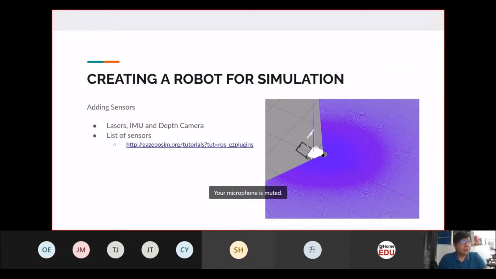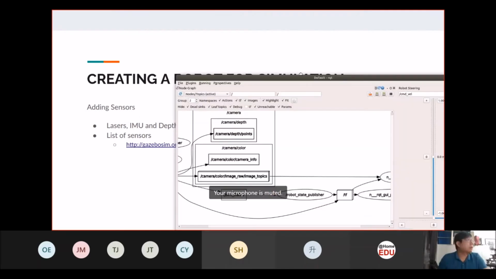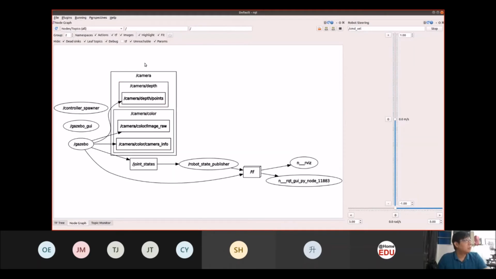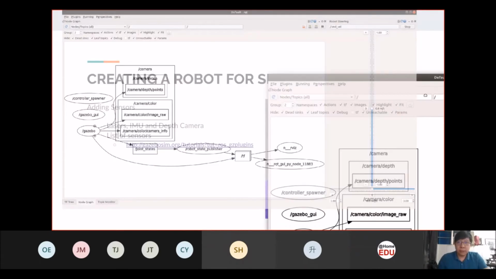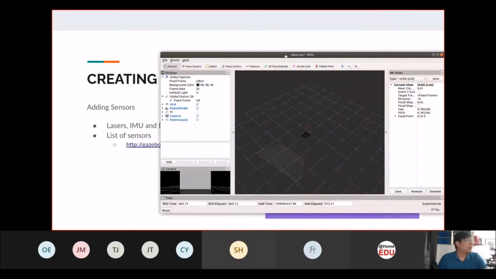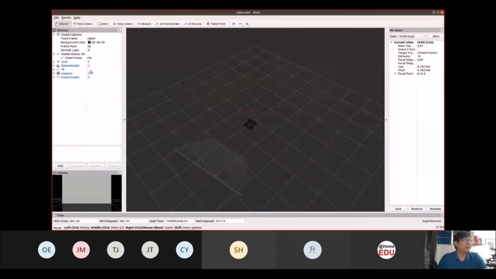With the bridge, you can get access to all these topics over here that are published by the robot. You have your camera images, you have all the joint states over here. If I share the RViz with you, you will see that you have the robot over here.